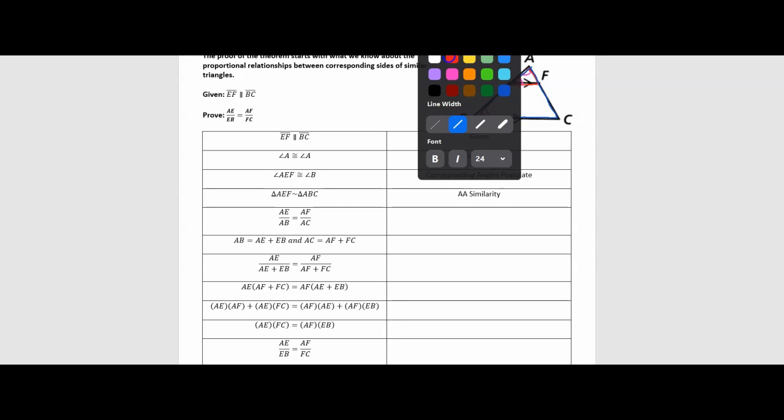Okay, so once we prove those two triangles are similar, we now have this proportional relationship. The ratio of AE and AB, one from the red, one from the blue, is proportional to the ratio AF and AC. So these two are red sides, and then we have blue sides. And right here, this would just be the definition of similar triangles. So if the triangles are similar, well, all of the corresponding sides will have the same